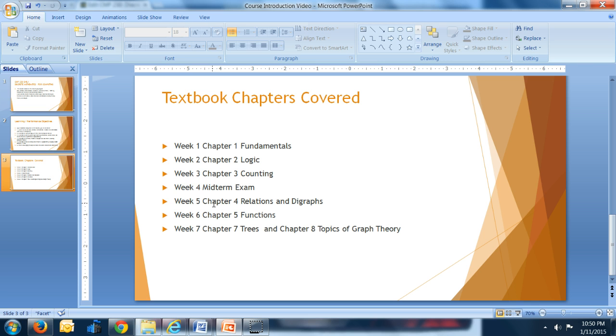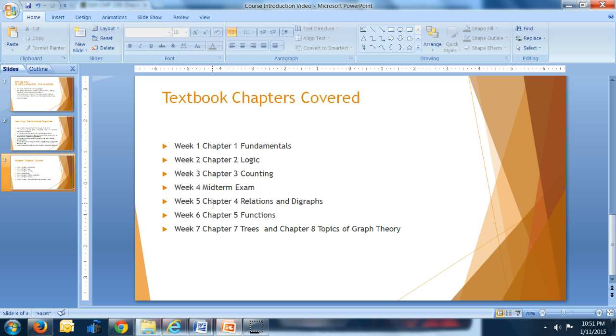These 3 chapters you will be tested on in week number 4 for the midterm exam. So the midterm exam will cover the material covered in the first 3 weeks. And then we get to week number 5, and we'll study chapter 4, which is relations and digraphs. We'll continue a little bit from chapter 4 in week number 6 with the functions, and we'll distinguish between functions